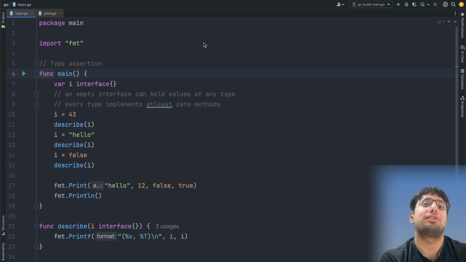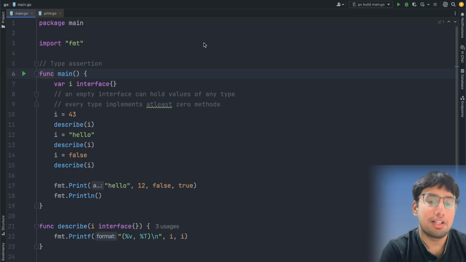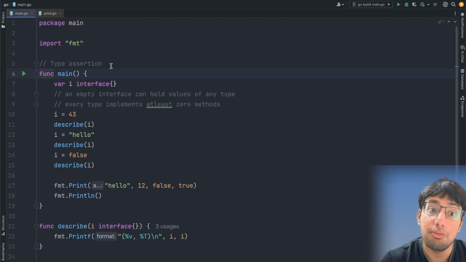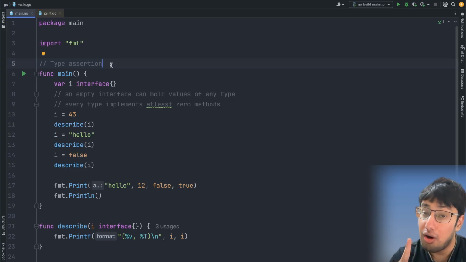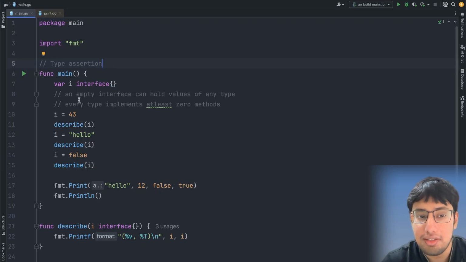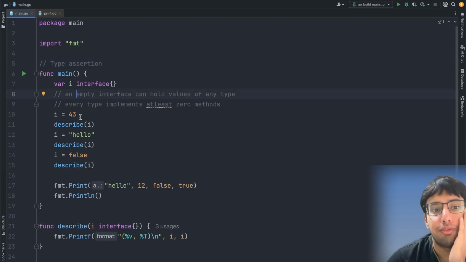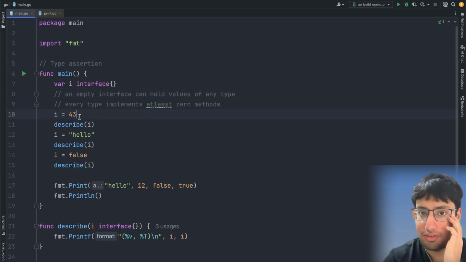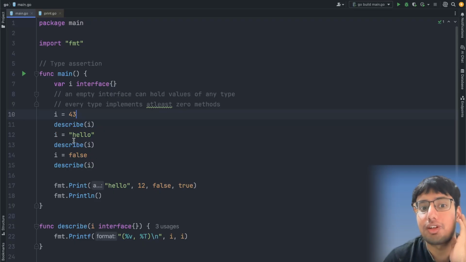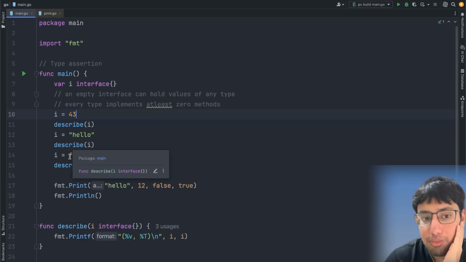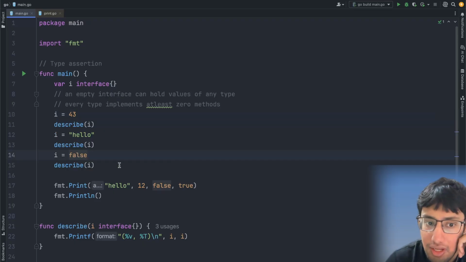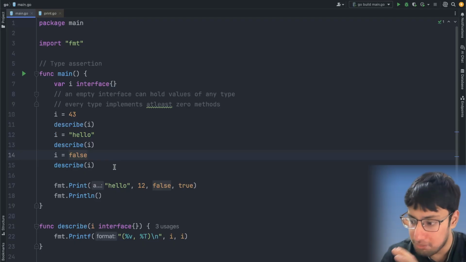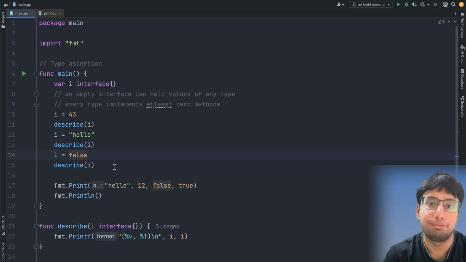What do you mean by type assertion? In simple words, type assertion means now you're going to make assertions or claims against the types. What do you mean by that? For example, you can say, is I of type 43 or not? True or false? I is of type string. I is of type float. I is of type bool. I is of type anything, etc. Now, when you say I is of type